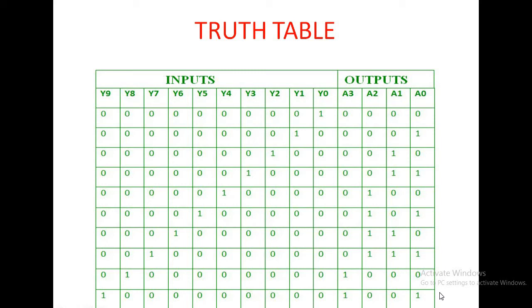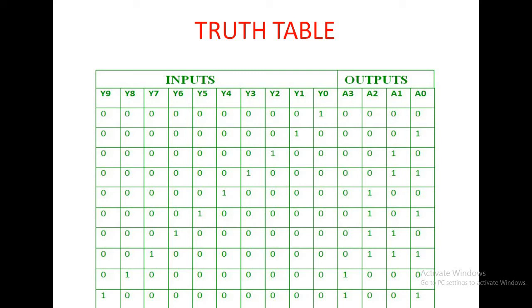So remember always, in case of encoders, one input is active at a time and depending upon the active input line, the output is produced. Since Y1 is 1, the output is 1, Y2 is 1, the output is 10, like that. So depending upon the truth table,